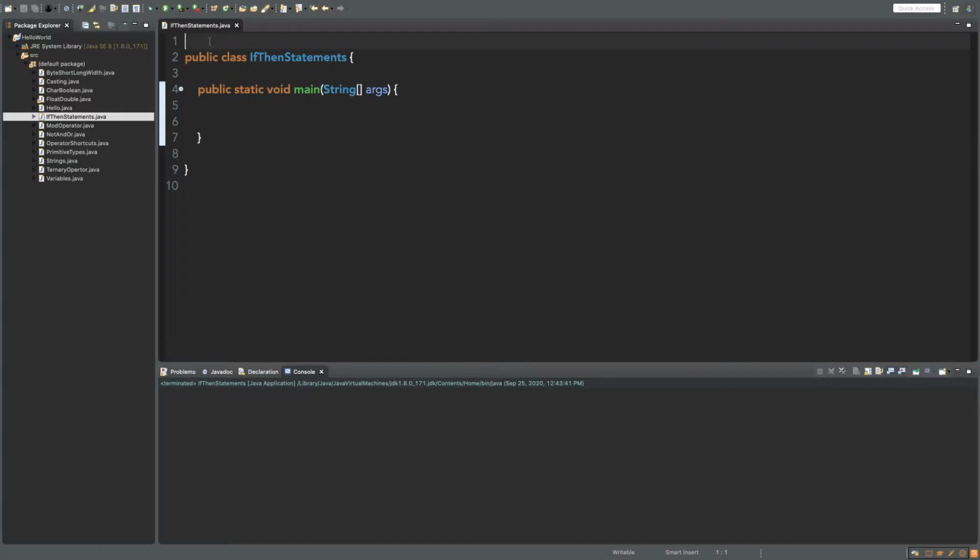So I've opened up a class here. I'm calling it if-then statements. And let's start by illustrating with an example. I'm going to declare a variable x, and I'm going to initialize it to 5. And now I'm going to open up my if statement. But first, here's what I want to say, just in plain English: if x is greater than 5,